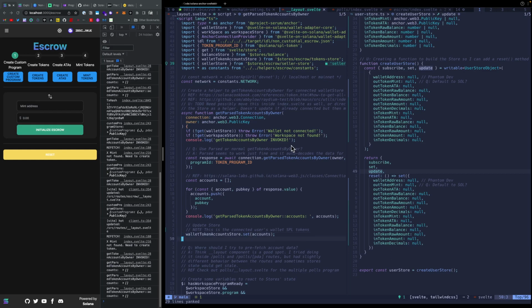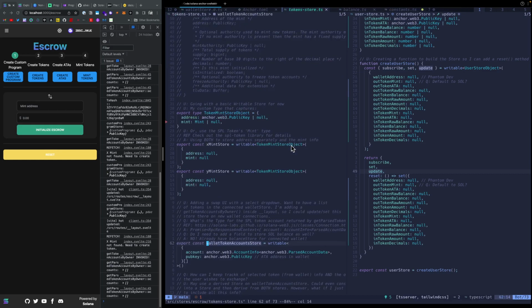I guess it still could just be its own token store, because it's going to be a unique object like this. Trying to think, could I do something like,